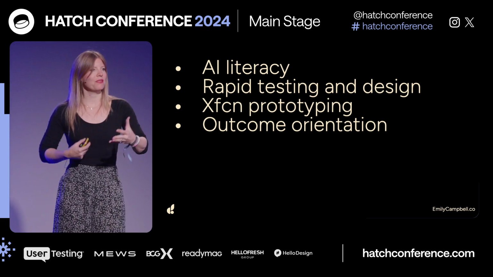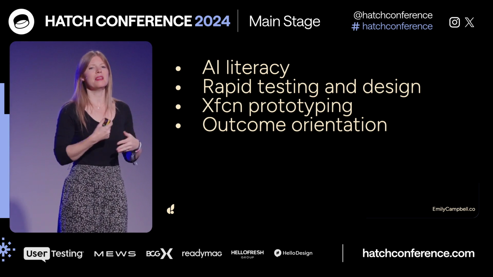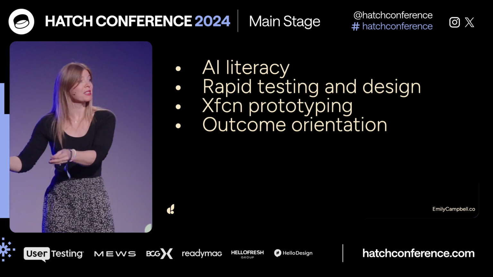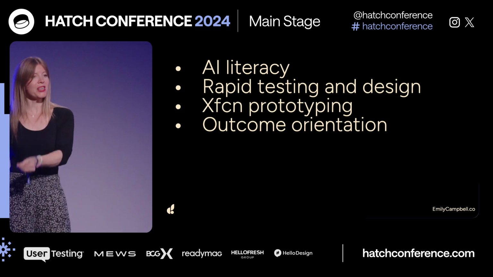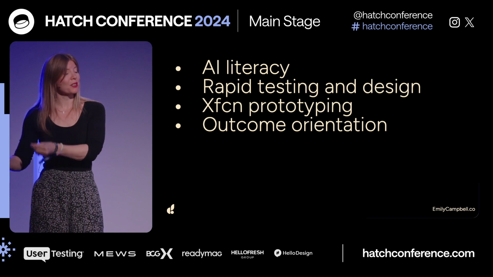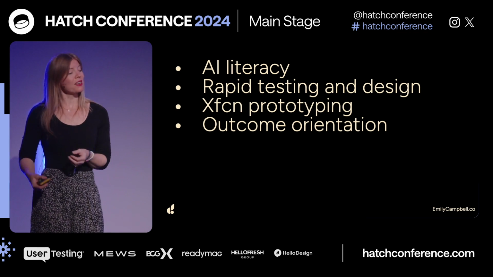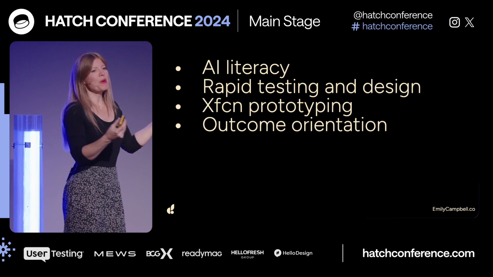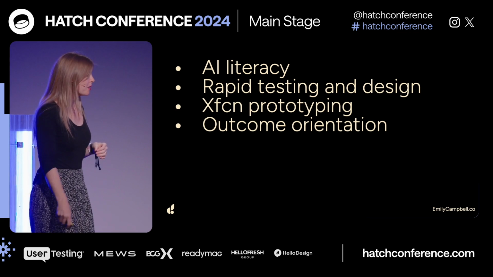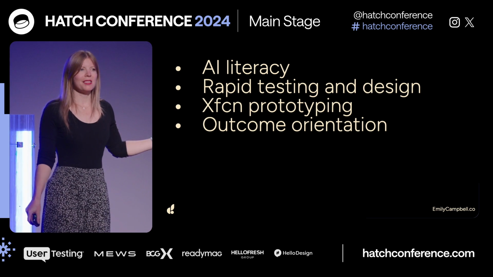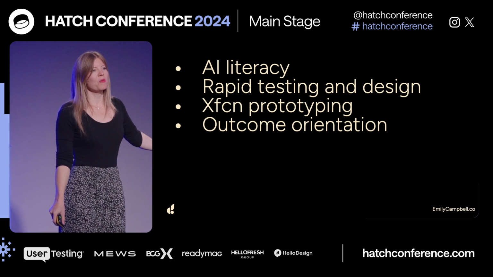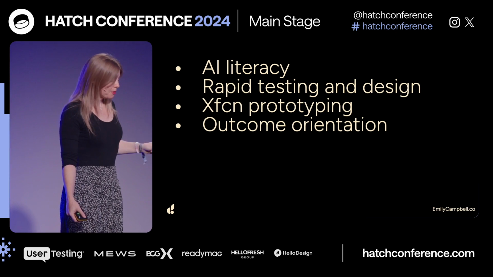We're going to need to get out of this linear double diamond design process and then go ship it to engineers who go build with the AI. We have to see what the AI does because the experience is the AI. The users are the ones creating their experience now. So how does that change our design process? How do we prototype with others? How do we prototype with different technologies? And then coming back to this outcome orientation, what is the person trying to do in the first place? How can we use this to drive the experience?